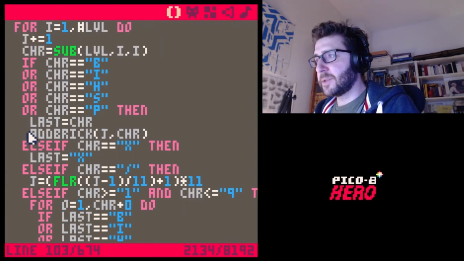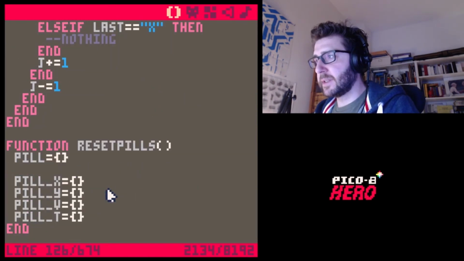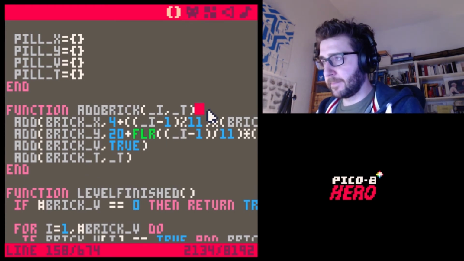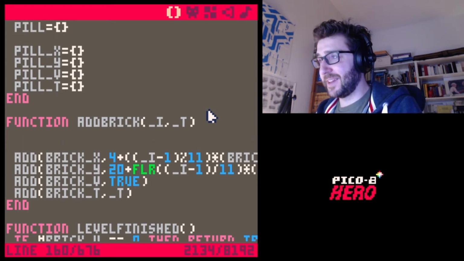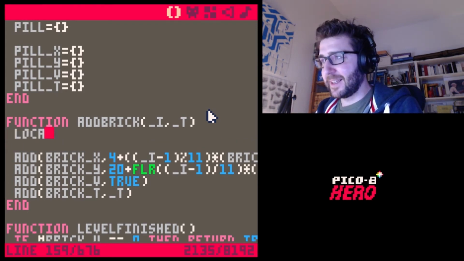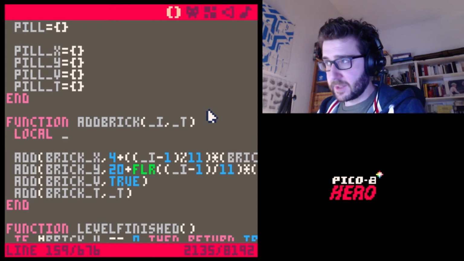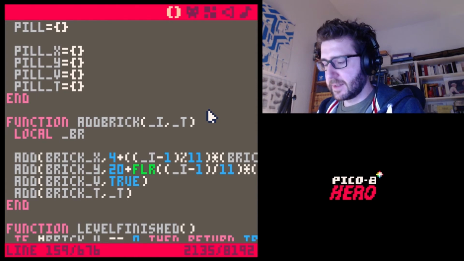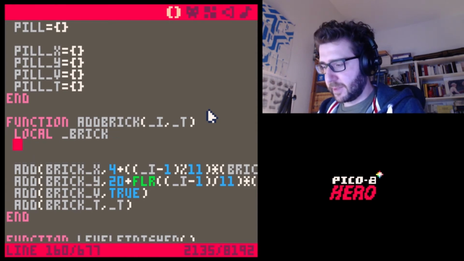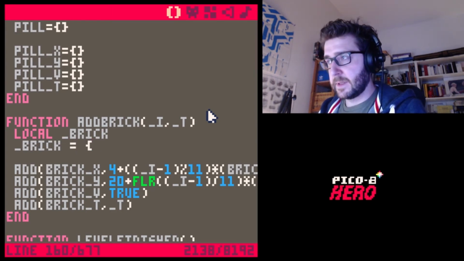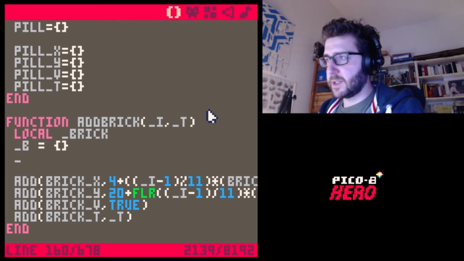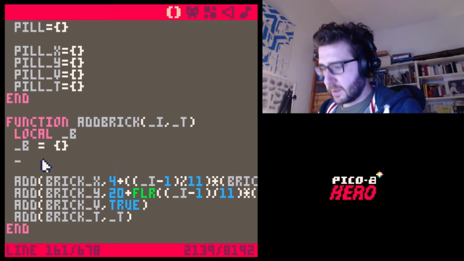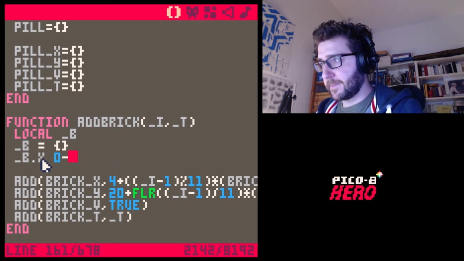And then, there's a function called add brick. That's good. That's what we wanted. So in add brick, yeah, I remember this was a fun function. So we're going to call local, and again we're going to create a kind of stack scaffolding object or variable, where we create the actual object. Brick equals this, and let's call it _b so we don't have to type so much. _b dot x equals